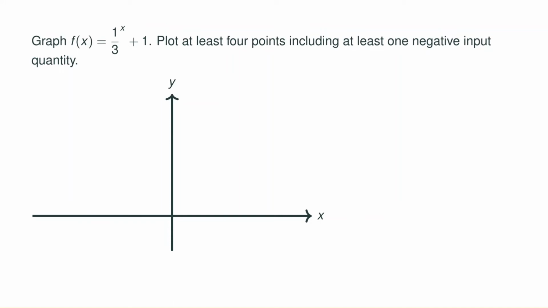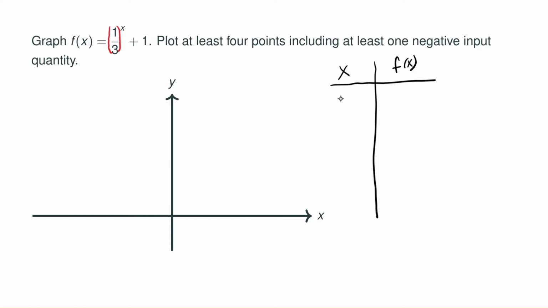Graph the function 1 over 3 to the x power plus 1. Plot at least 4 points, including at least one negative input quantity. So here, this is actually 1 over 3 to the entire x power. So when we create a table, input quantity and output quantity,